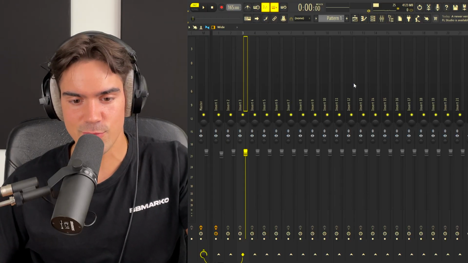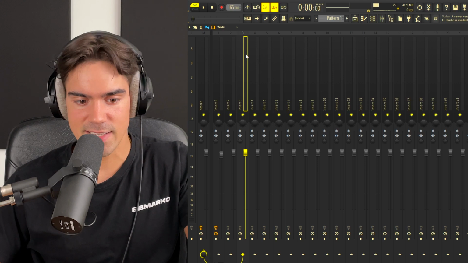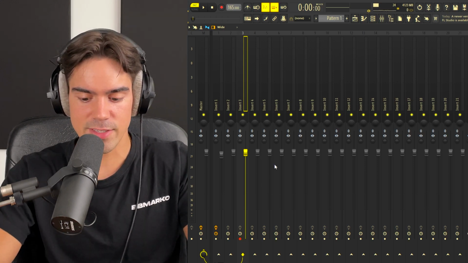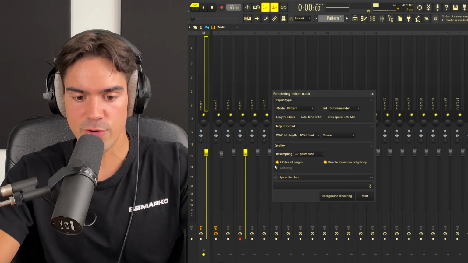Alright, so I feel like the vocal actually fits the sample very well, but you can maybe hear that the vocal is very fast. So I'll show you guys a super nice trick to actually fix this. So what we're actually going to do is just route the vocal to a mixer track. In this case, I have it on a third insert, and I'm just going to press this record button down here. Once you have this, you can just hit Alt and R on your keyboard to render out the vocal